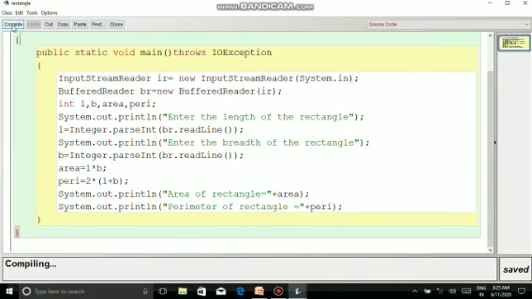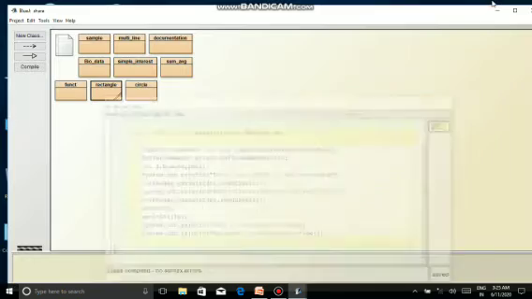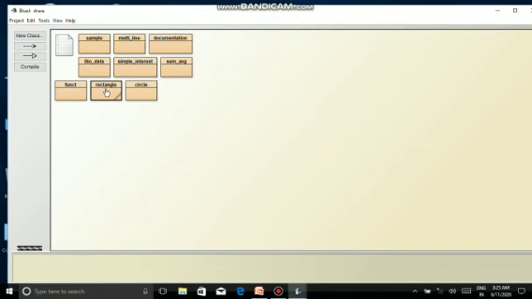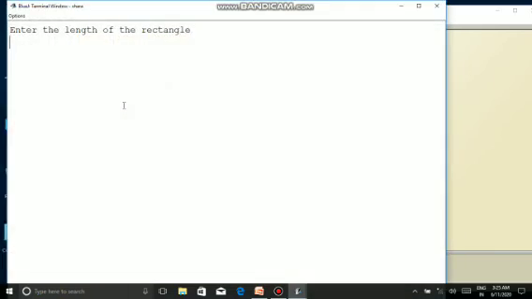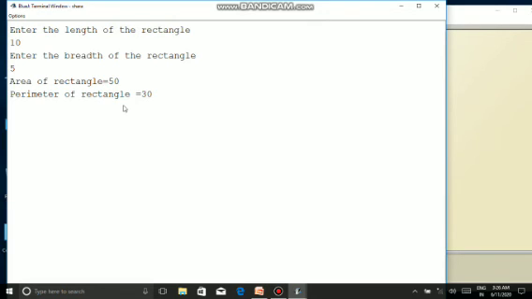Before that, compile. It is compiling. Class compiled, no syntax errors. So minimize the screen. Then Rectangle is our program. Right click, run void main. Enter the length of the rectangle. You have seen that it is asking for the value of the length of the rectangle on the output screen. I'm giving the length as 10. Then it is asking for the breadth of the rectangle. Again I'm giving 5. Now press the enter key. Now the area of the rectangle is equal to 50 and the perimeter of the rectangle is equal to 30.